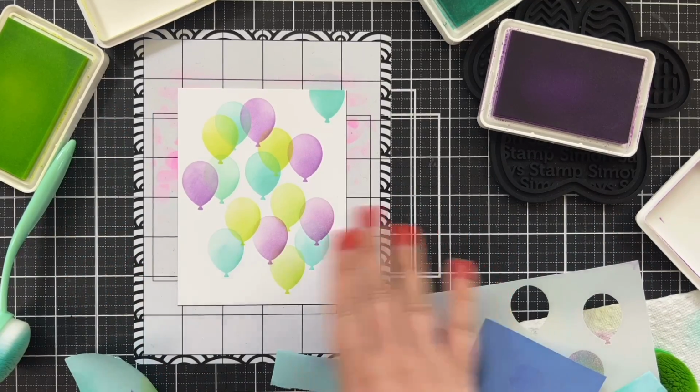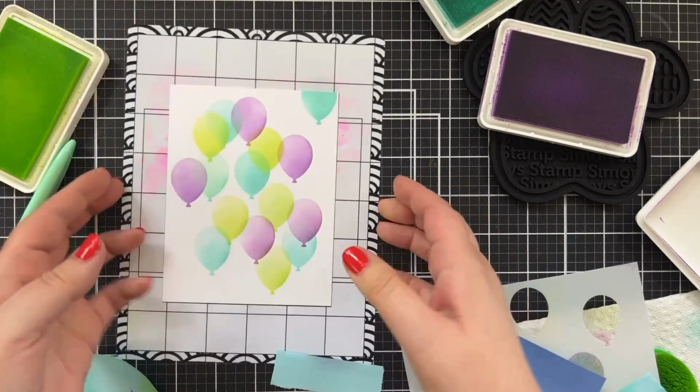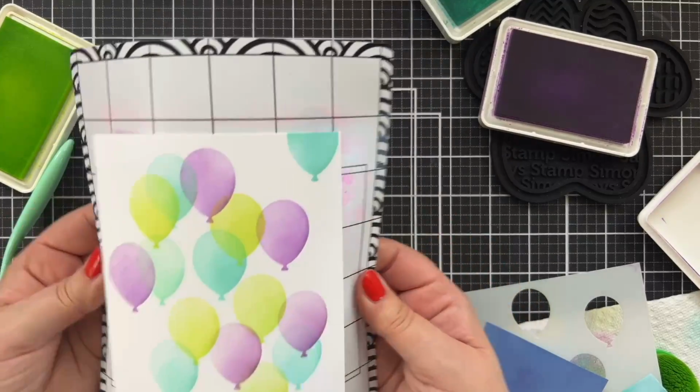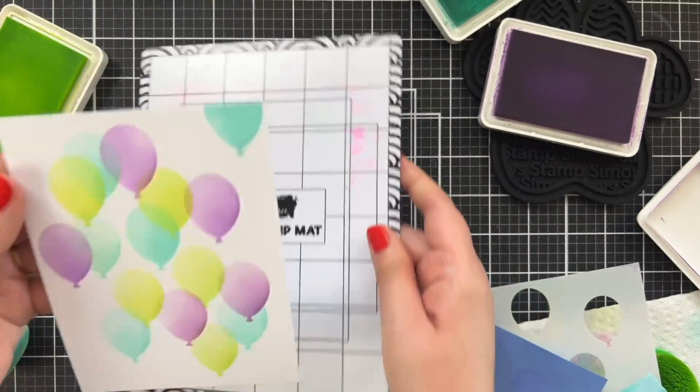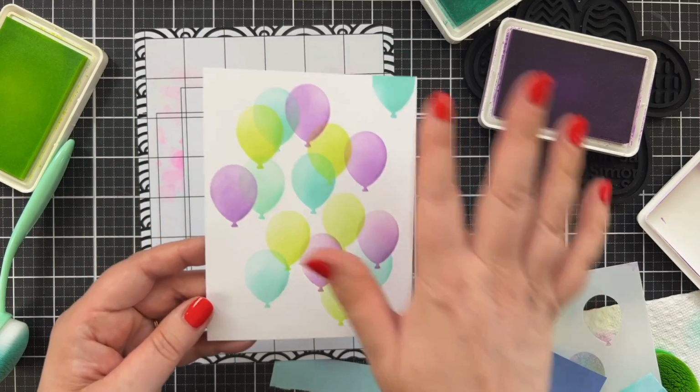I think that's what I'm going to do. I don't think I'm going to do anything else, but I love the way, I can't pick it up. I love the way this mat holds in place. So now I just bend away my paper and I'm going to let this dry completely because these inks have